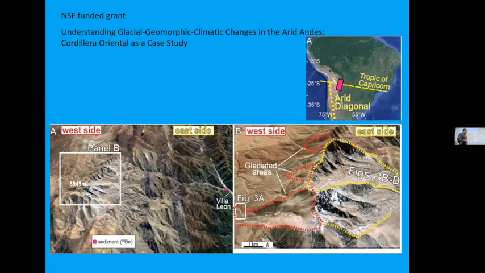Now, the reason on the left side these glaciers may have been smaller, where it's drier, is because I did mention this, similar to Antarctica, when it gets really, really dry, glaciers don't do much erosion either. So that's the other part of the Earth where it might be warm enough for them to slide or to move, but it's so dry that when they melt, it quickly gets evaporated. So you're not getting a lot of water getting to the bed like you do in Patagonia or the European Alps.